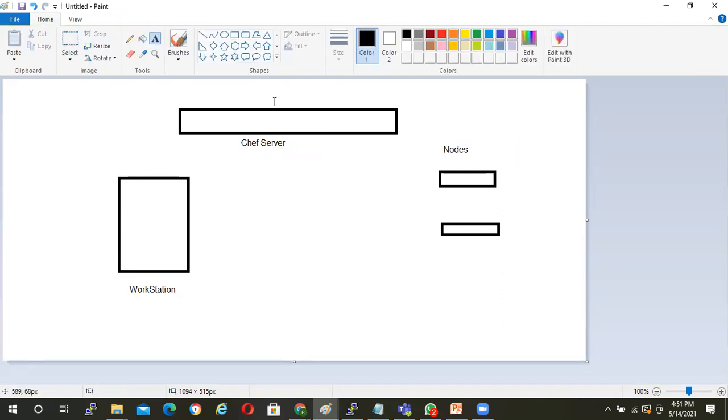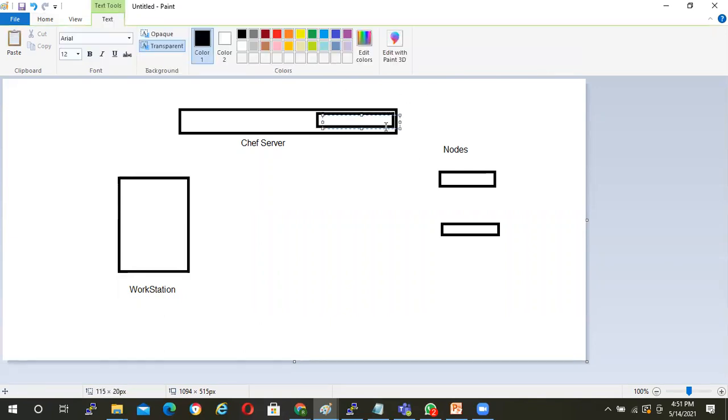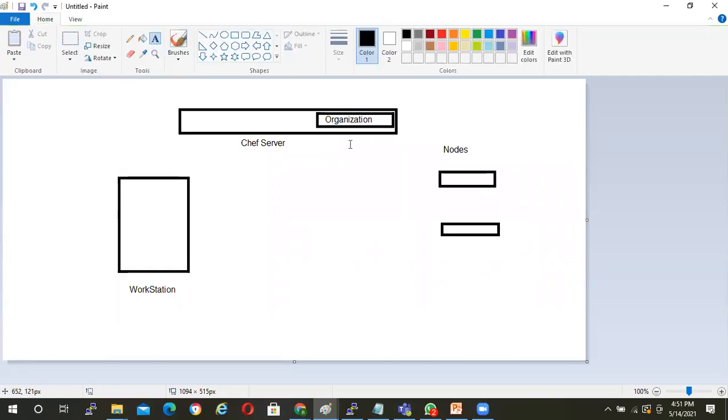In the chef server, as soon as I register myself, the first thing is I have to create an organization. Organization is a logical grouping of all the nodes. And from this organization, we will download one starter kit